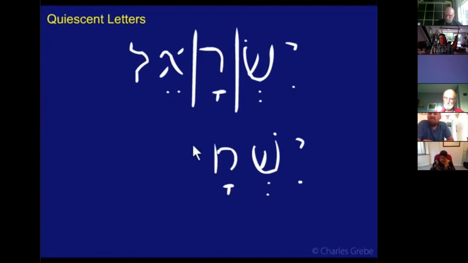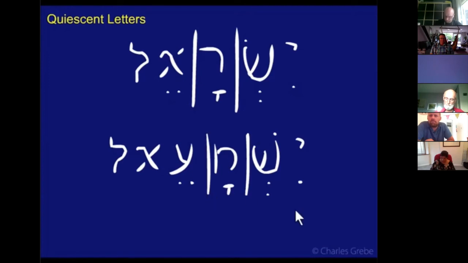Ma El, and this has an ayin in it, and then an aleph, and then a lamed. So Yish Ma El, Ishmael. Now if we look at this last syllable, it looks kind of funny. We have a C, V, C, C. What kind of syllable is that in Hebrew?